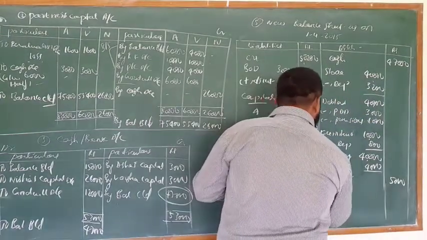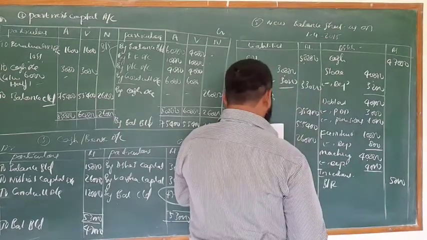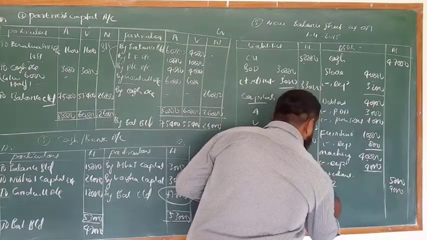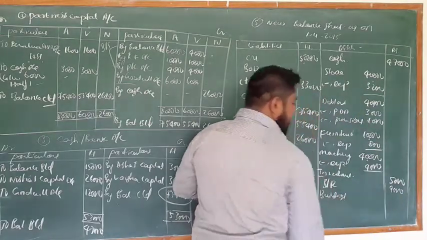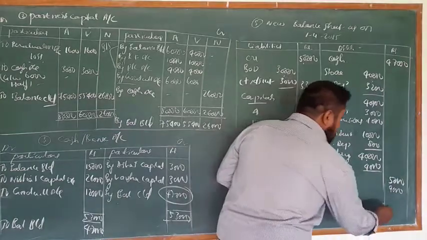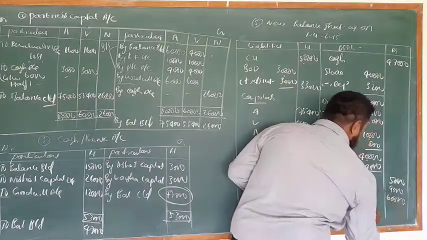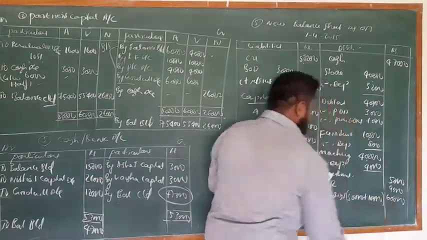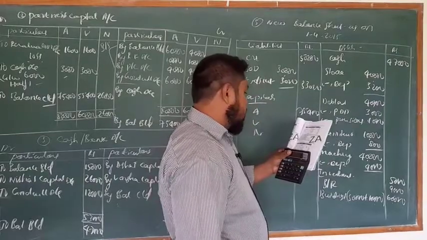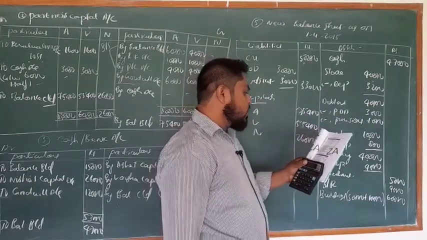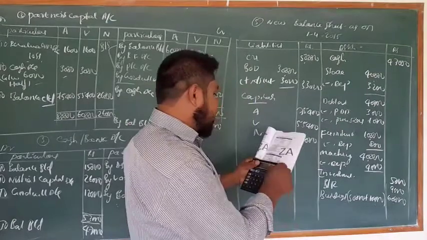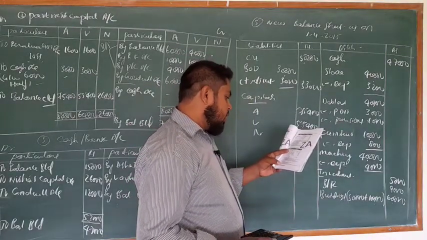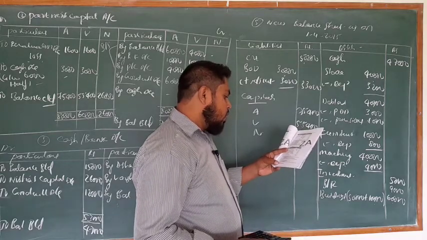Next, bills receivable. Bills receivable, no adjustment, 9,000. Buildings, you got an adjustment. So buildings are revalued. After revaluation it is 60,000, that is 50,000 plus 10,000. Now we have revised all the adjustments. So once again we have to check all the adjustments. See the adjustments: stock depreciation, furniture, machinery, provision for doubtful debts. So all of these we have taken.